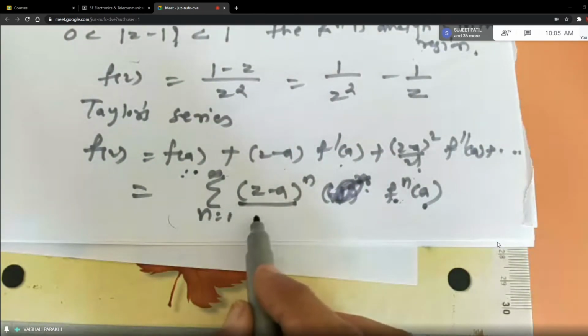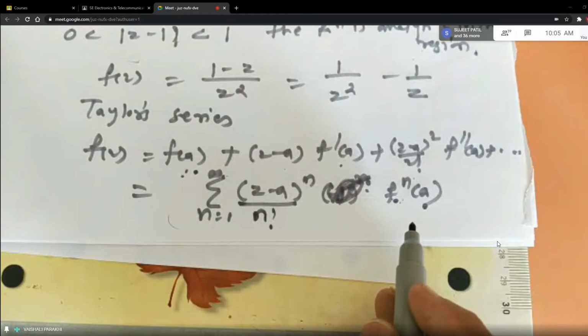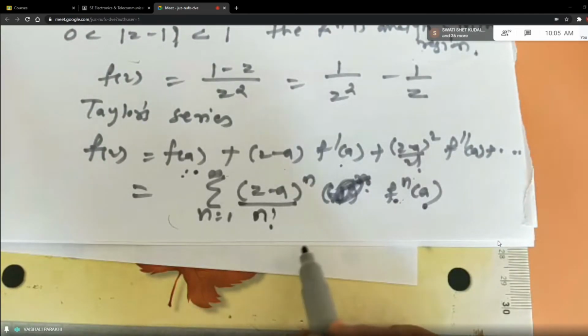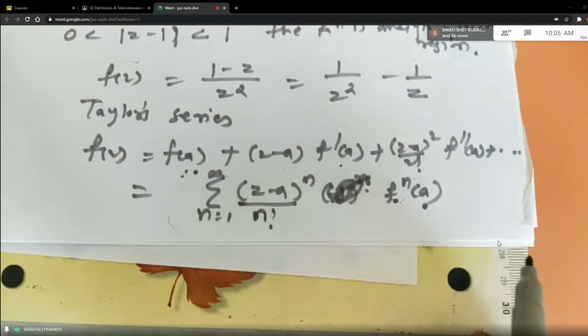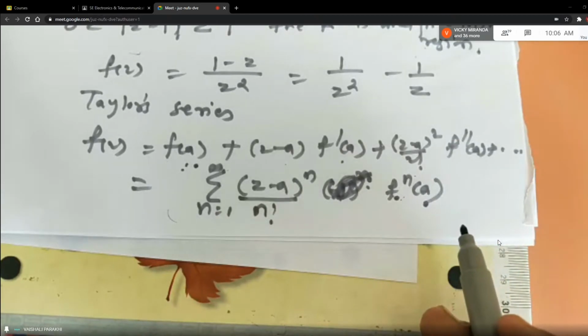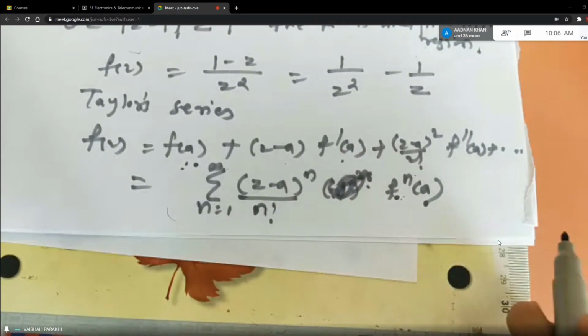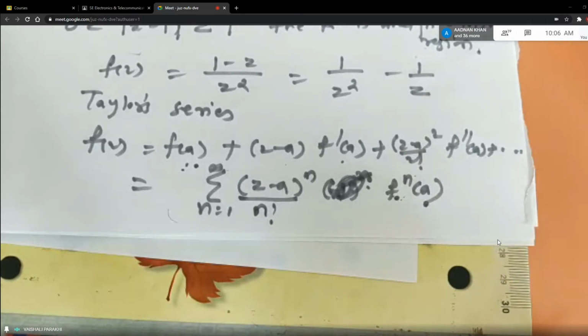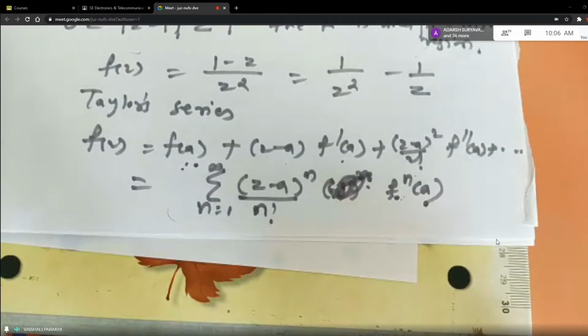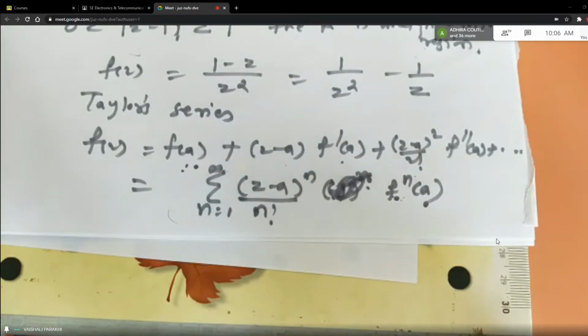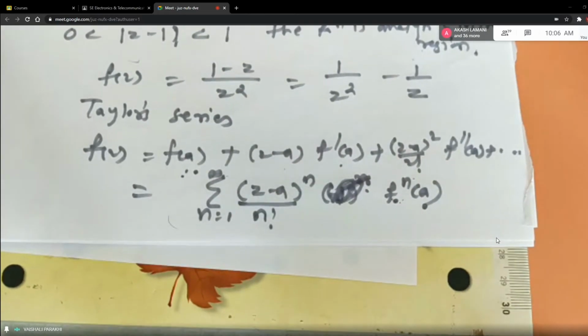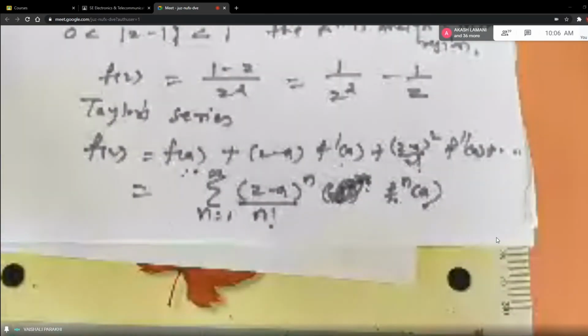So if you write the denominator as n factorial, whether it will work, because the minimum value of n is 1. So 1 factorial, then 2 factorial, 3 factorial, and so on. So whether it will be n factorial or n minus 1 factorial, what will be the denominator? If I put n equal to 1, I'll get 1 factorial. Correct? If I put n equal to 2, I'll get 2 factorial. If I put n equal to 3, I'll get 3 factorial. So in that case, either you have to ignore the first term by using the knowledge of infinite series, or you take it as n minus 1 factorial. So let us see how it works for this particular problem.